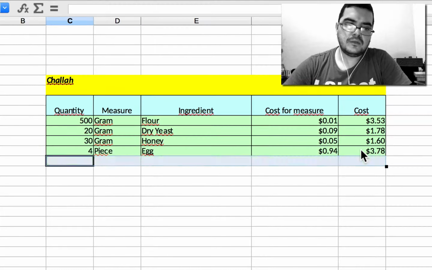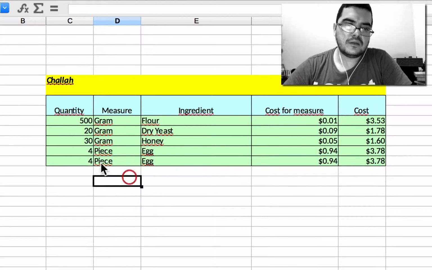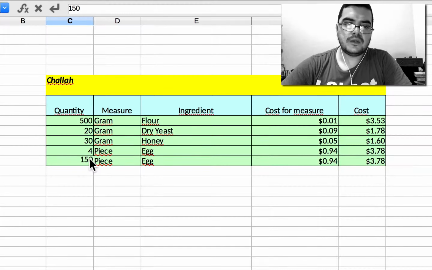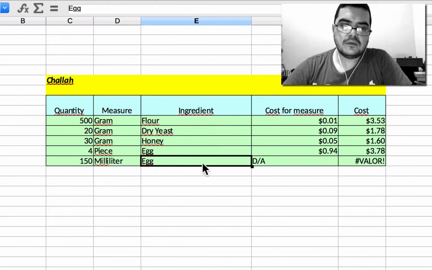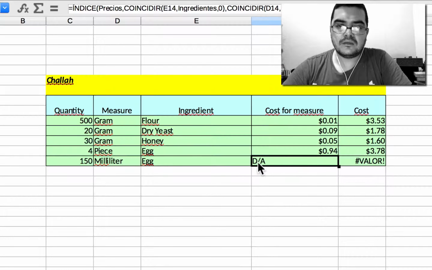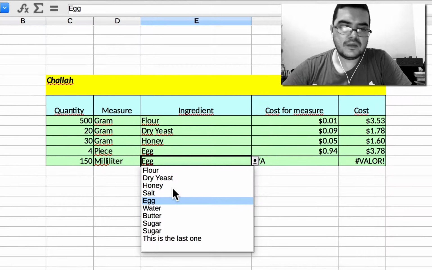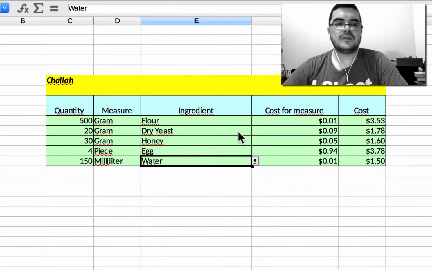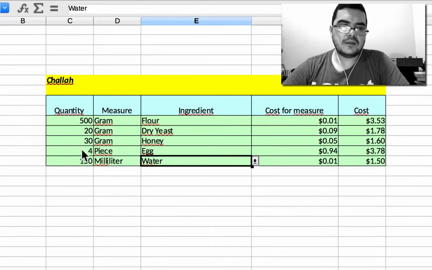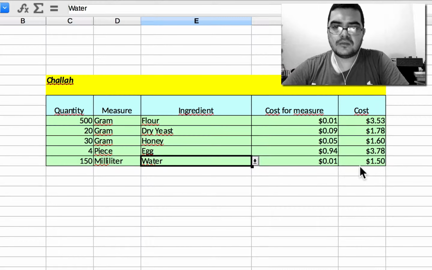One more, let's say, what else? Water, it is a good example. 550 milliliters of water. It says doesn't apply because I haven't chosen the right ingredient, but when I choose water, it makes the calculation. And let's say this is all the ingredients it takes to make halal. There are a couple more ingredients, but let's say